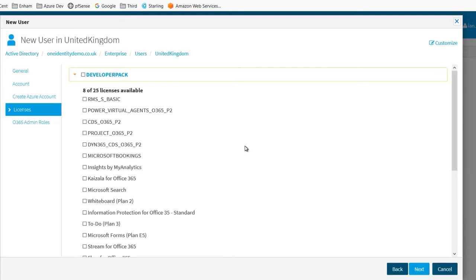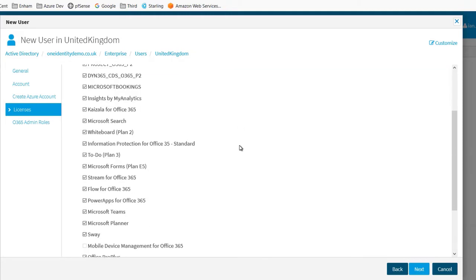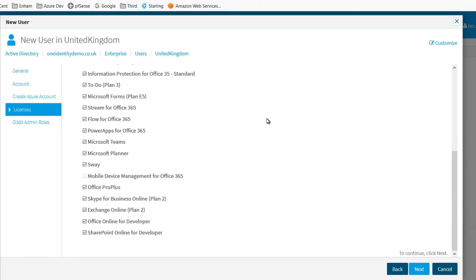Now the next part of this is having that capability of managing the licenses within Office 365. I'm running a developer license, part of my Visual Studio developer license, and this is an E5 developer license. So you can see here I'm going to assign all of these licenses to Zoltan, and it tells me how many I've got left out of the 25 that have been provided. This does give me the flexibility of having my plans available here, so I can administer the licenses for Office 365 from this central web interface.